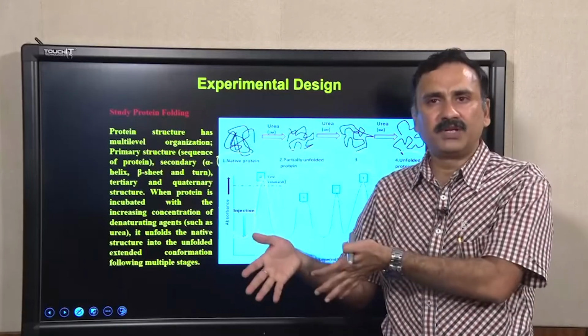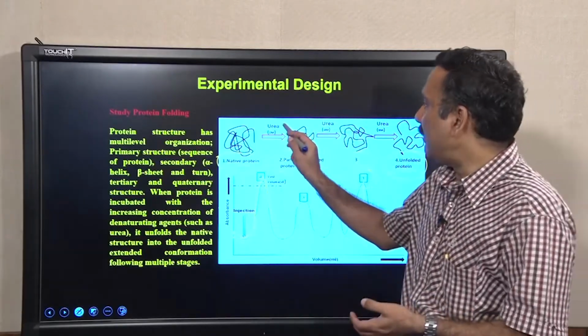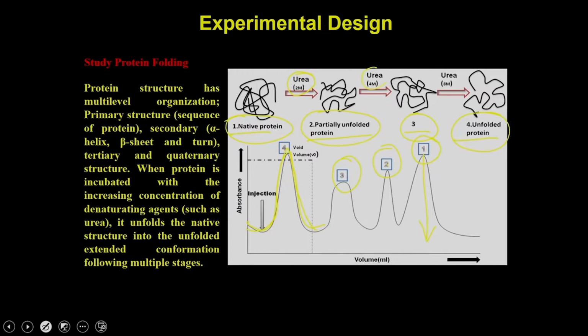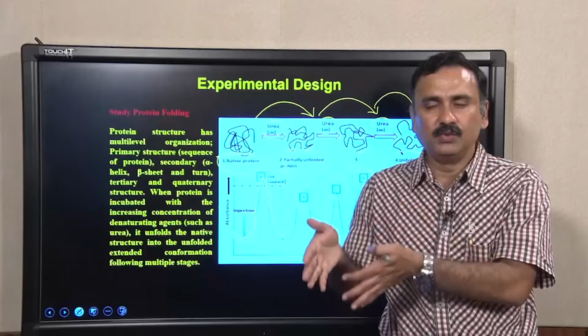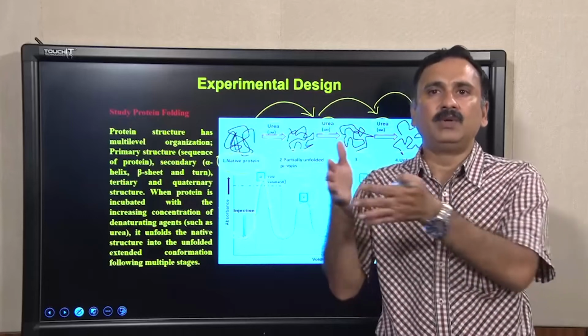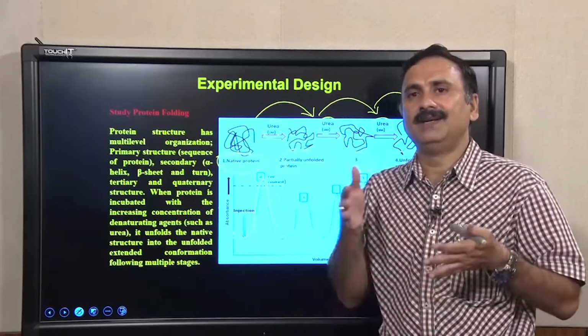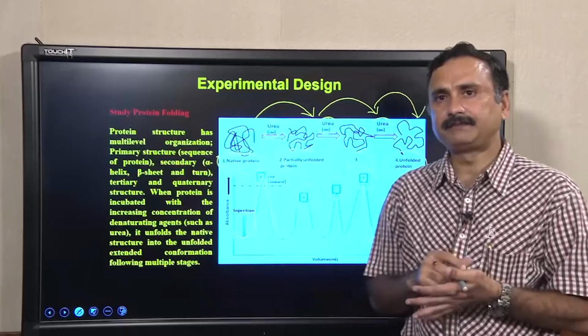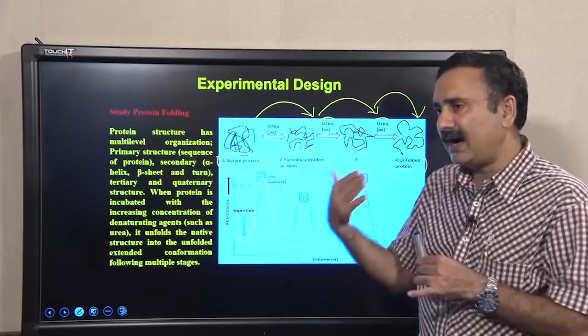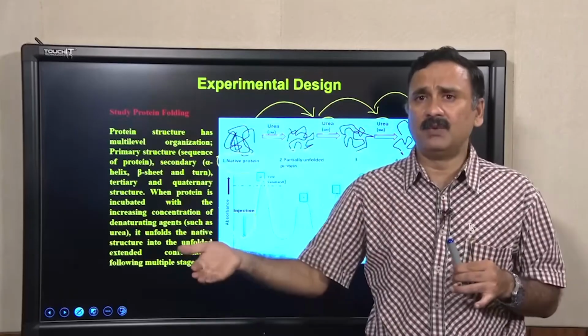whether the protein is more stable or less stable, because the amount of urea you are going to use in this experiment is going to determine how much urea is required to bring the 1 position to the 2 position, or 2 to 3, or from 3 to 4 positions. The amount of urea you are going to use is indirectly going to tell you how stable the native conformation is, and that question can even be asked for the different oligomers, because what you